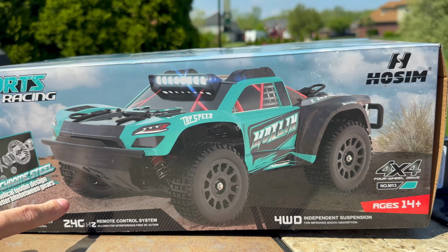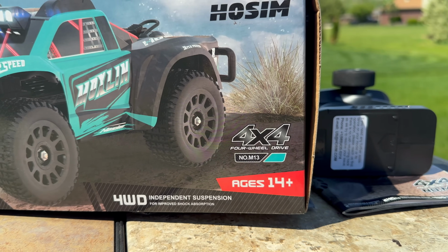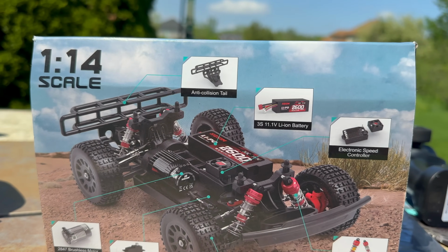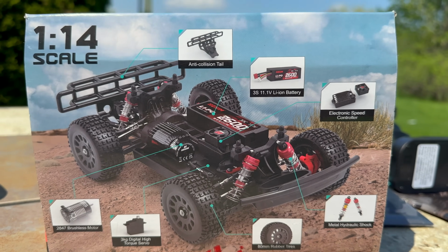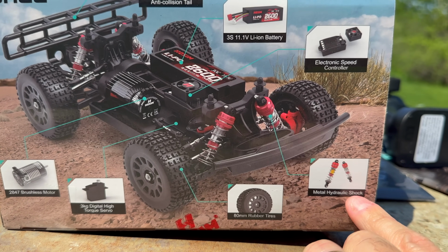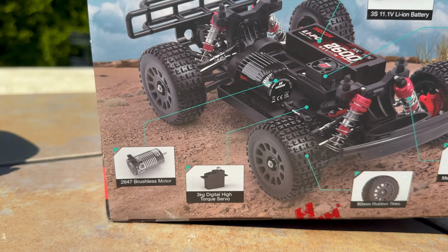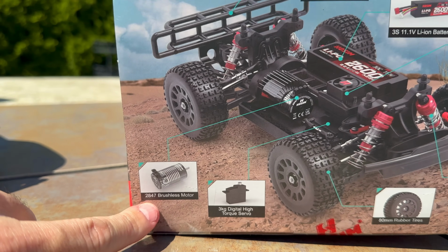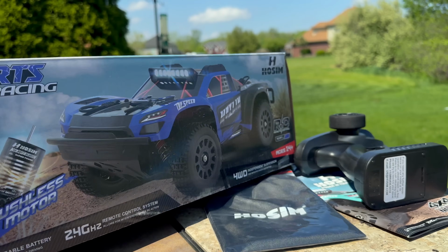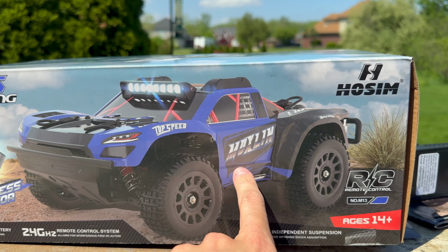2.4 gigahertz remote control system. This is the bright lights, the color I have. Roshin 4x4, and the model number is the M13. 14 years of age. I already talked about the anti-collision tail bumpers, the 3S battery, the 45 amp ESC with a heat fan, the metal hydraulic shocks, oil filled, 80 millimeter hub tires, 3 kilogram servo, and then the 2847 brushless motor, 3100 kV. This is the other color that they have, not available right now to purchase, at least